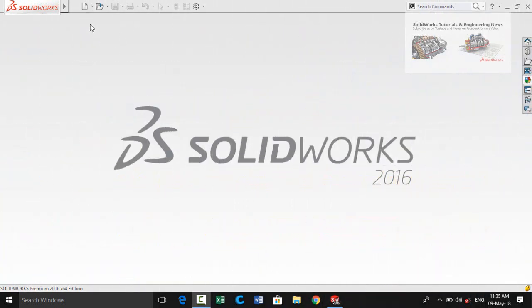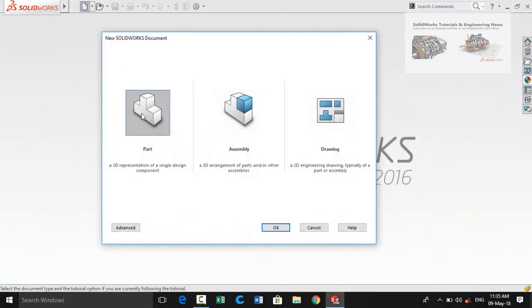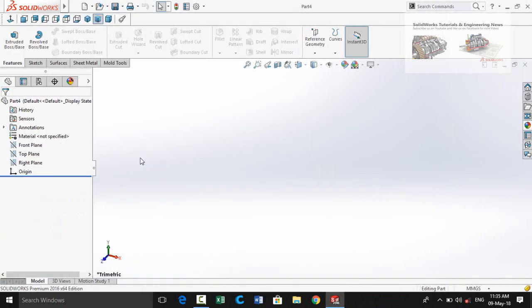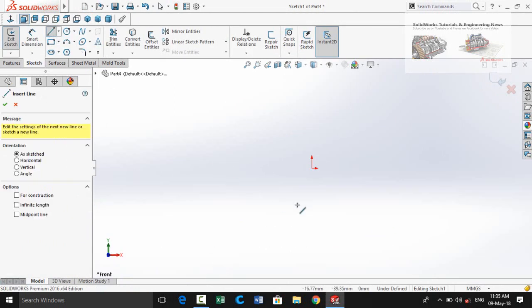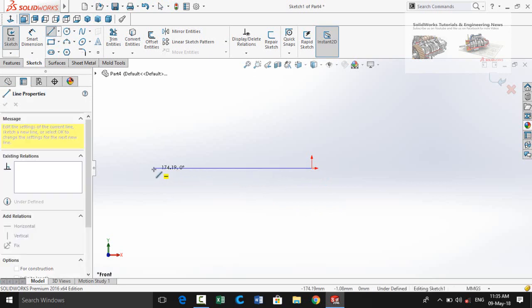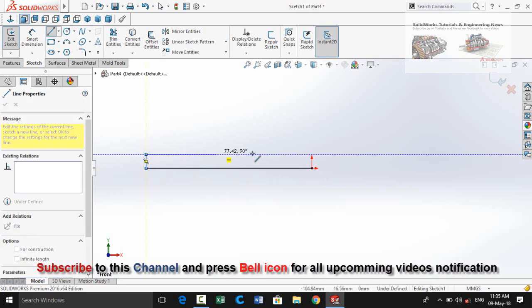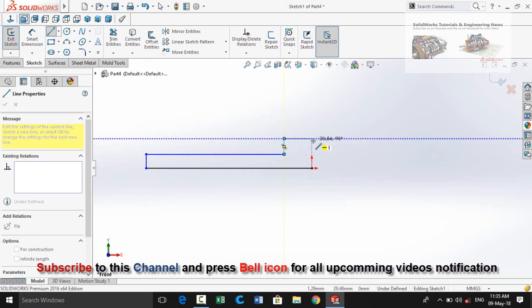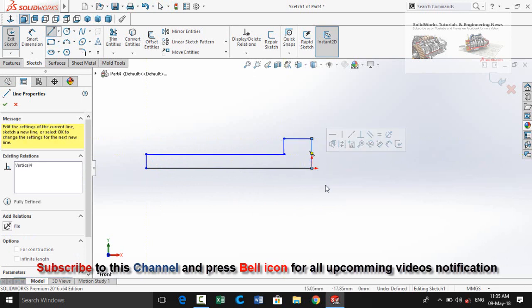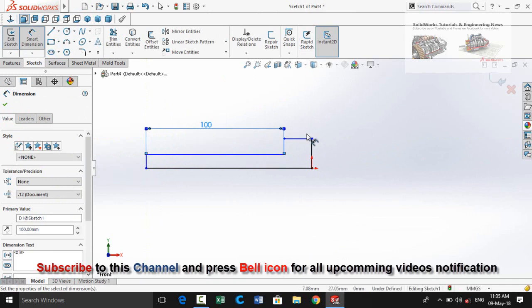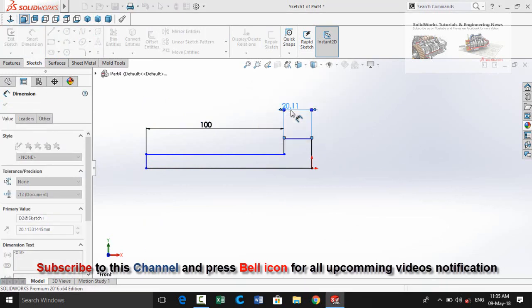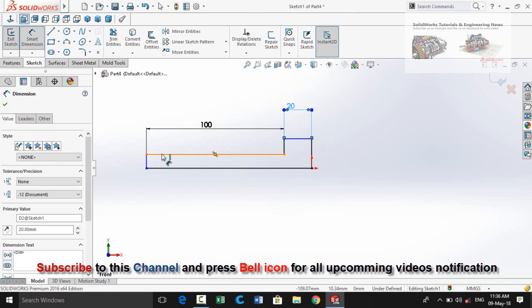Okay, let's begin. Press this button New and then double click on the Part button. On the left side, on the Front Plane, sketch on it. Then draw a line and start it from the origin. Press Escape button. Now define this length 100 millimeter and this length which is 20 millimeter, and then define this